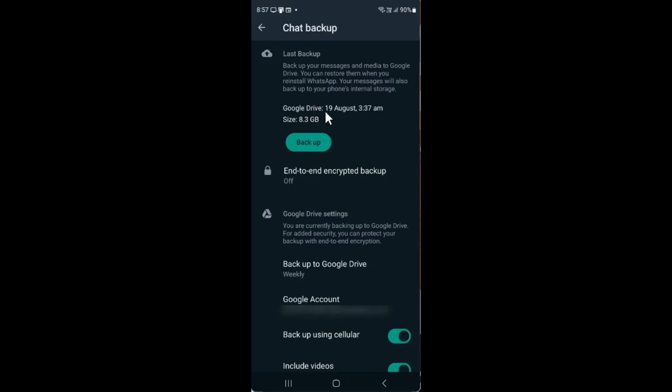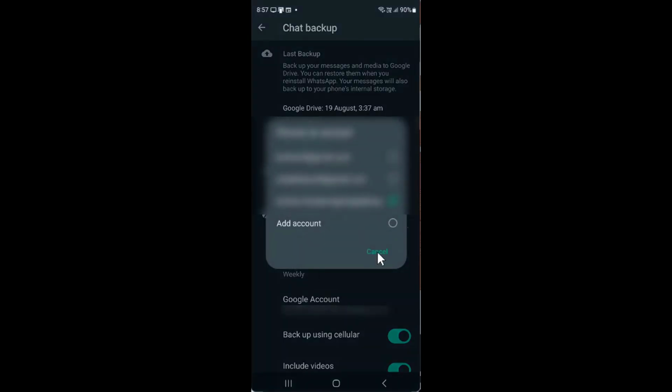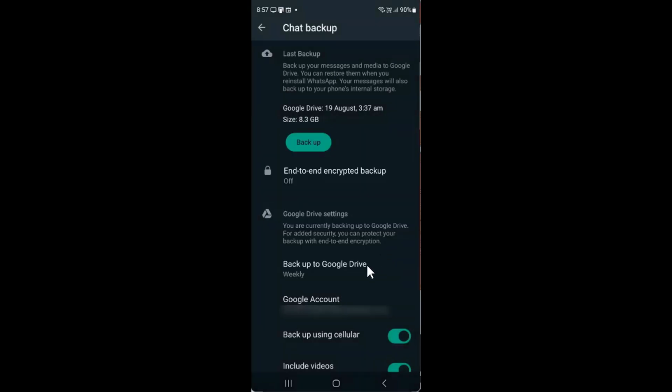For me it's backed up to Google Drive, so you can see it's backed up to that. You should be able to change that if you want. You can choose an account or you can add another account. Basically that's that, and then once all that's done, you can click on backup